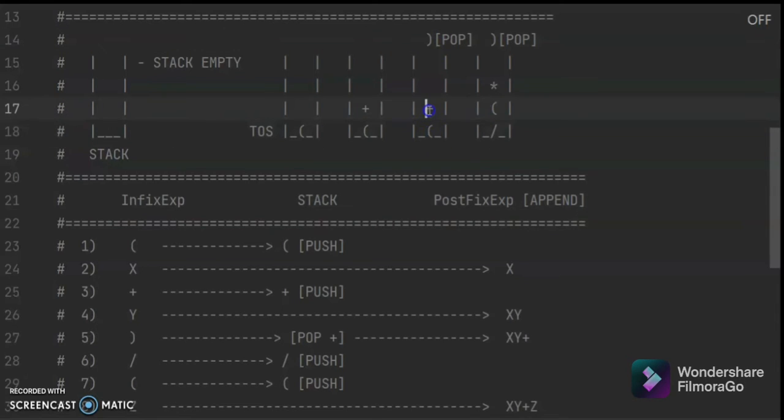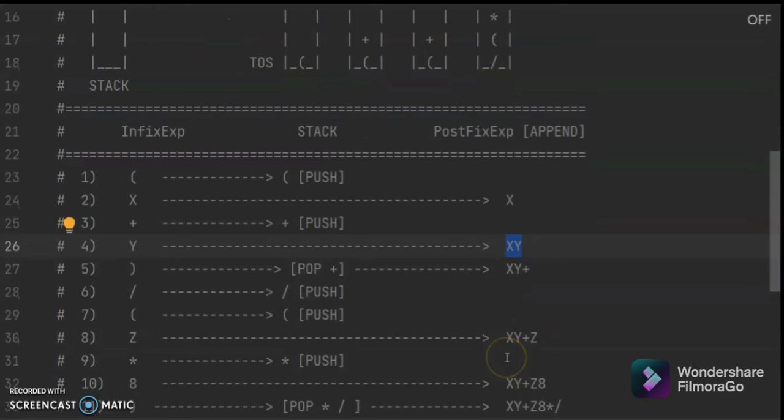So this plus will be taken to the postfix expression. Once you encounter a matching parenthesis, so for this left we are having a matching right parenthesis, this task is completed. So what you will do, you will pop the existing element from the stack. The element we have is plus. Both are matched and we are not including the parenthesis in the expression. We are taking only the operand and the operator. So this operator will be appended to the existing postfix expression. Hope you have understood this one.